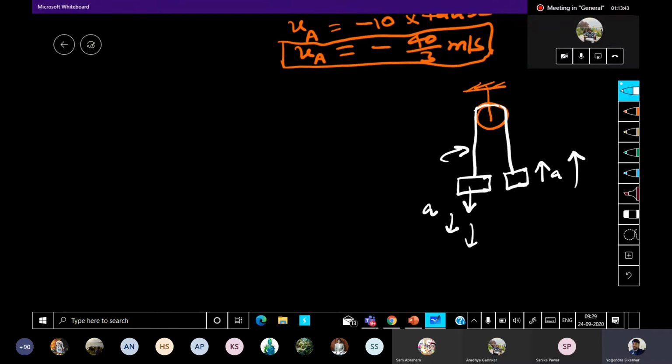Secondly, the distance by which this end is going down, this end will have to go up by an equal distance, right? So we already used a constraint. As I told you, many times obvious things are happening in front of us and we don't even pay attention to them, and we use them unknowingly. So unknowingly, while we were solving these questions, we utilized the constraint motion.